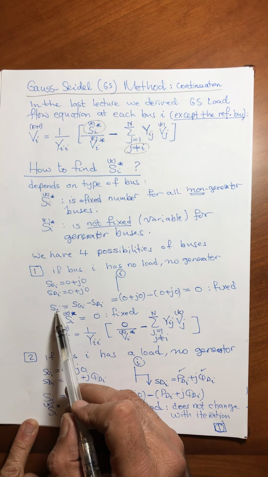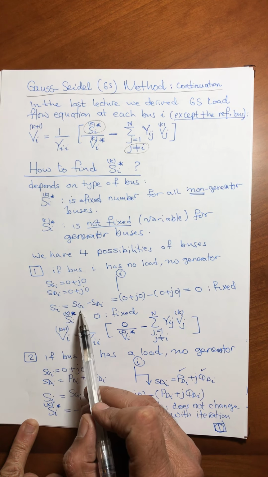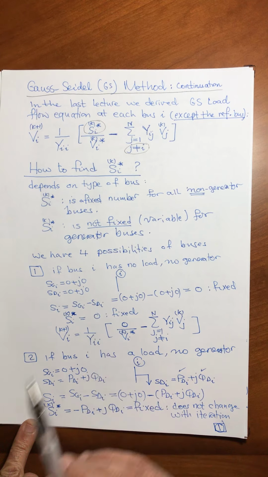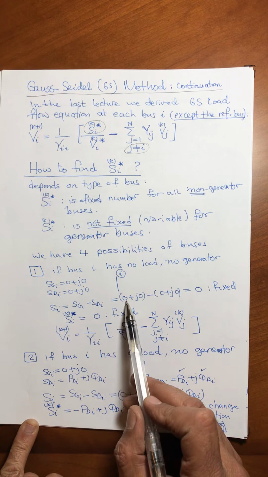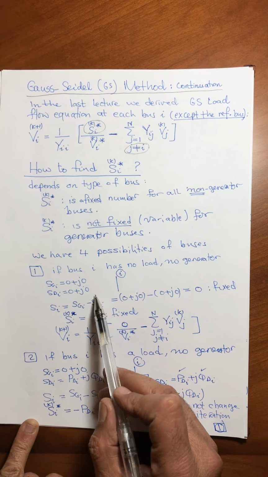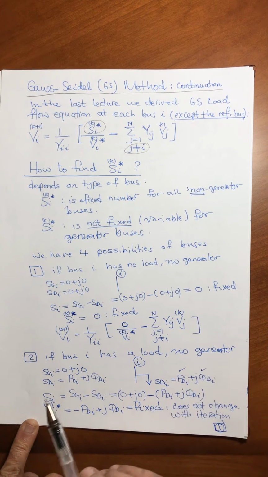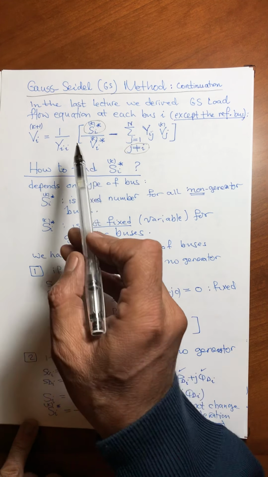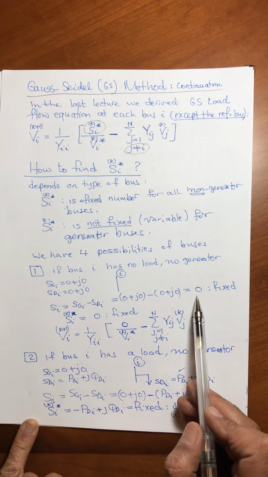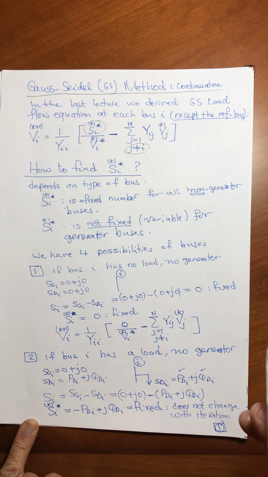In this case, net injected complex power is SGi minus S demand i, 0 plus j0 minus 0 plus j0. The net is 0, which means Si in the equation equals 0, fixed, does not vary with iteration,